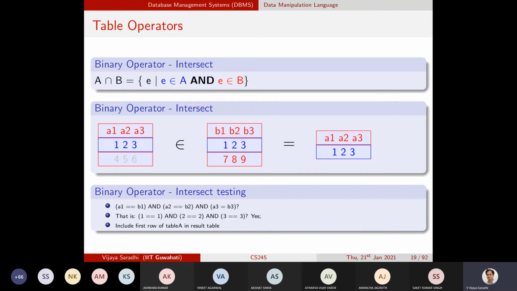So now what happens is that we have to do it in a different way. The way that we do it is you take every record of table A, the left hand side table, and then ask the question: is this record present in table B? And then you will take only distinct records in table A. You understood these particular operations?